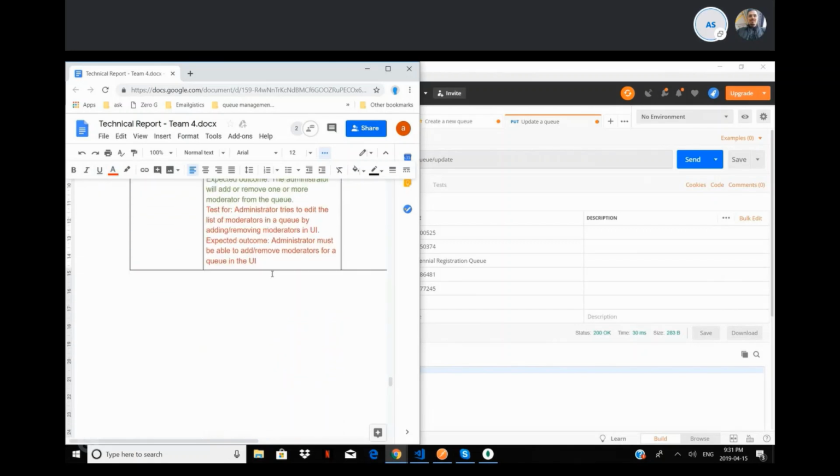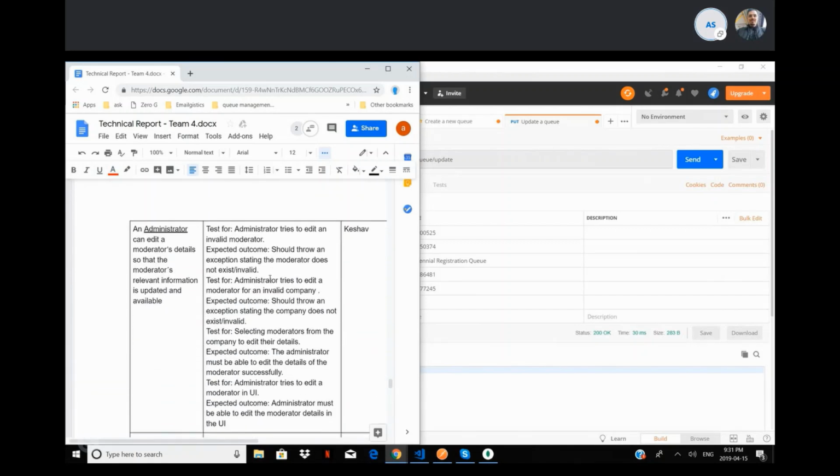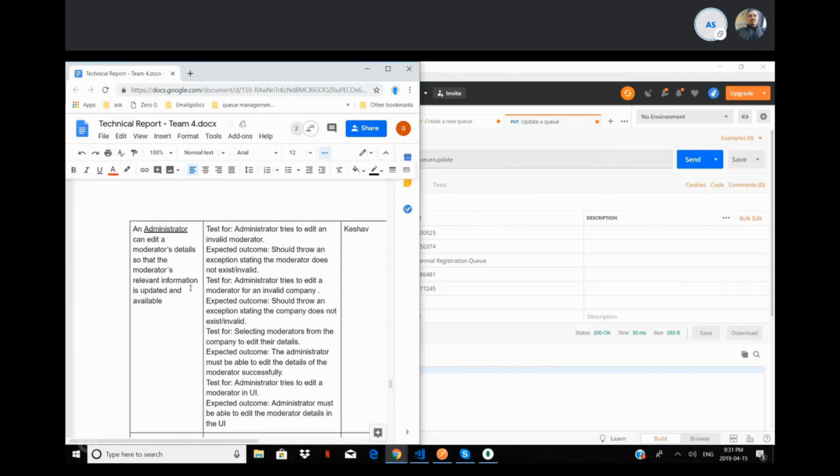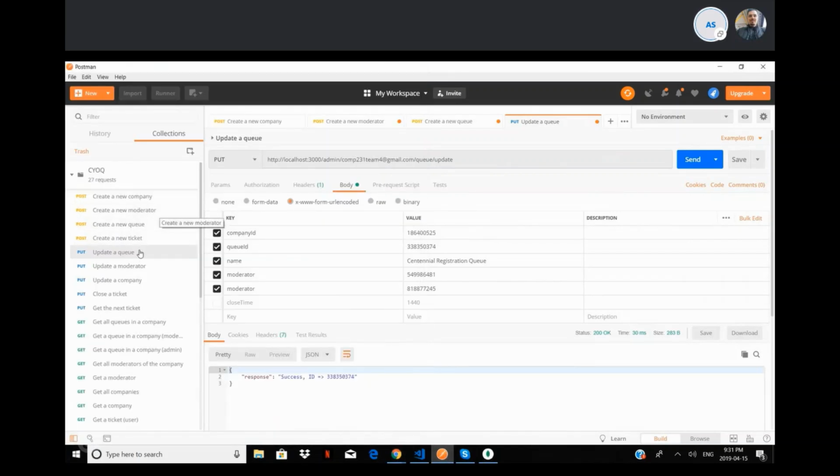Okay, so coming to the second use case now. An administrator can edit a moderator's details so that the moderator's relevant information is updated and available. So this is the update moderator case. So the first one is test for administrator tries to edit an invalid moderator. So going back to Postman, we have update a moderator